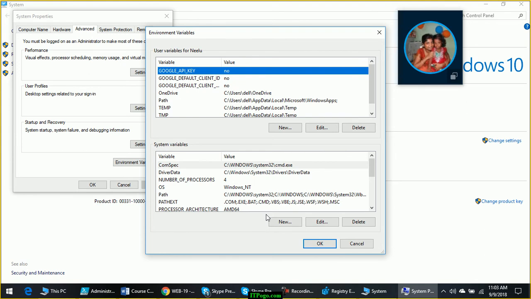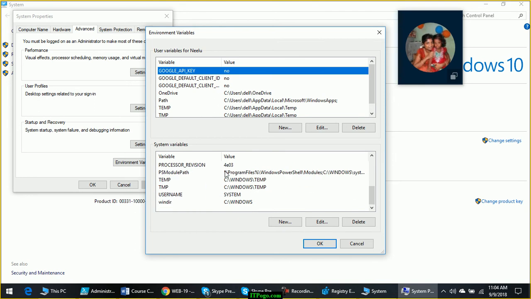So no matter whether you have PowerShell or not, these environment variables will always be there, and these environment variables are used by the operating system and many other programs to get some key details about your operating system. For example, if you want to find out the folder in which Windows is installed, you can get that from WinDir.